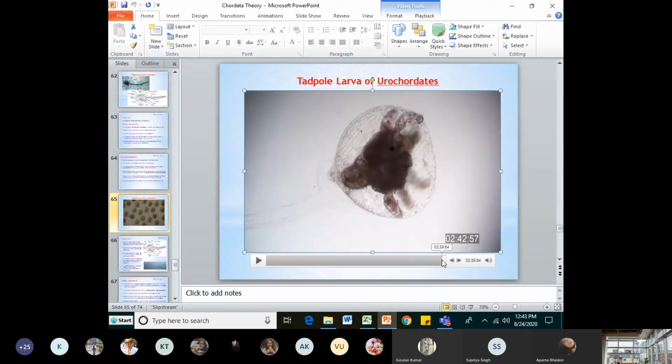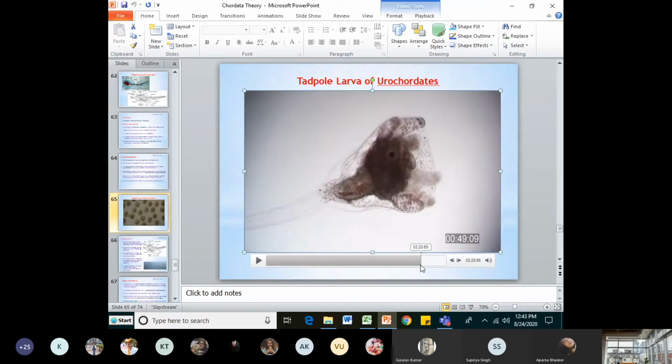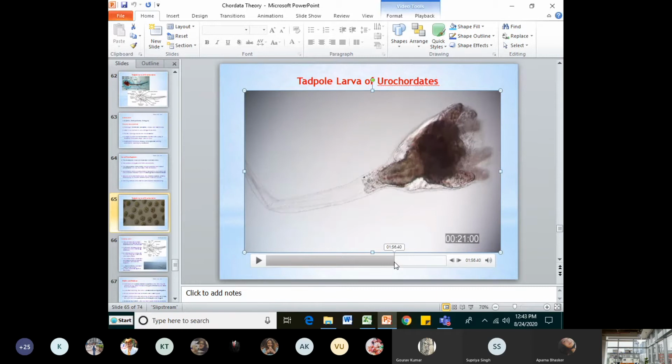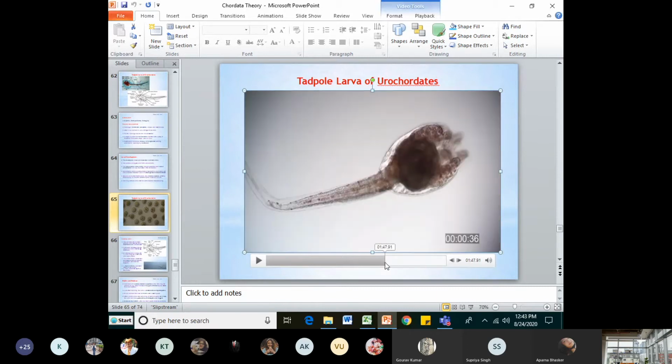And when you see this diagram, I will show from here. Okay, so at this stage, this is the tadpole larva, and now the metamorphosis has started. So what is happening? The tail is degenerating right now. The notochord was present up to this level, but it is reducing now. So that means the tail has started reducing, or you can say there are some changes taking place in the larva.